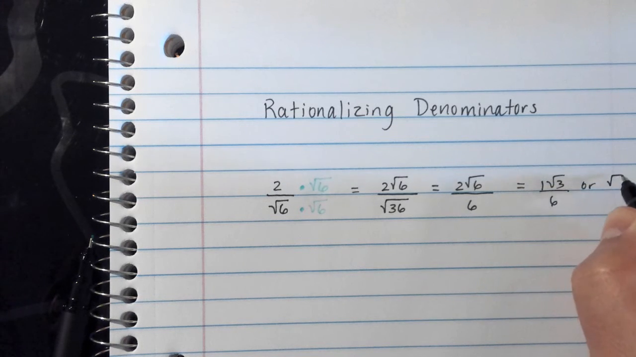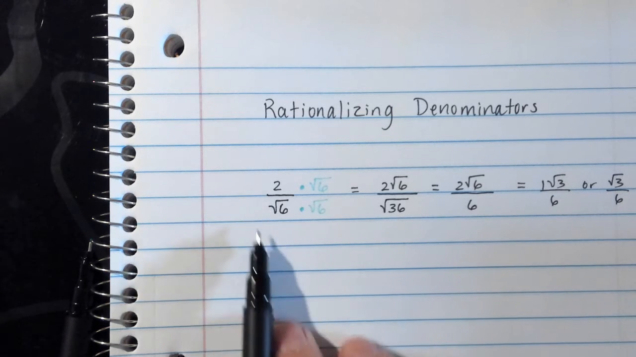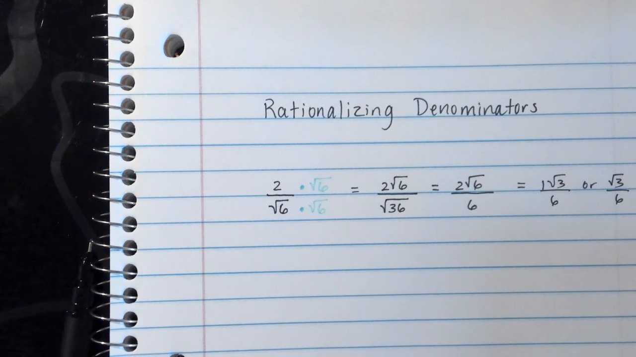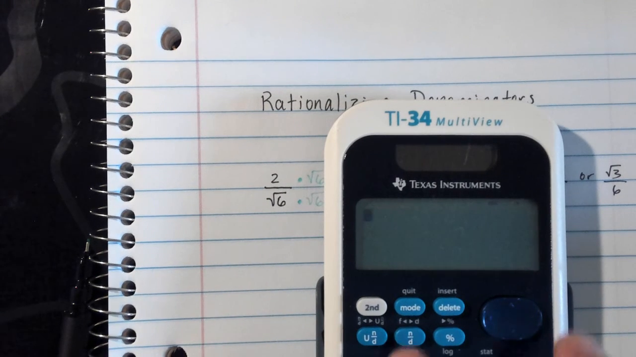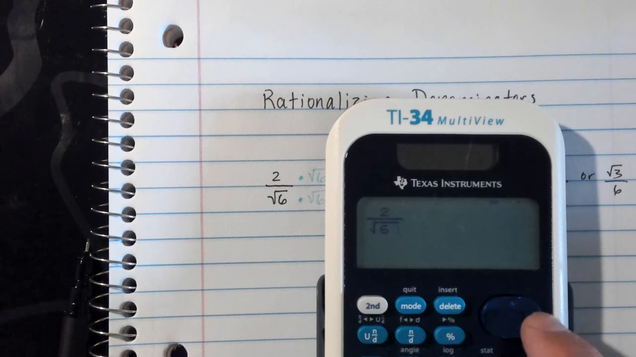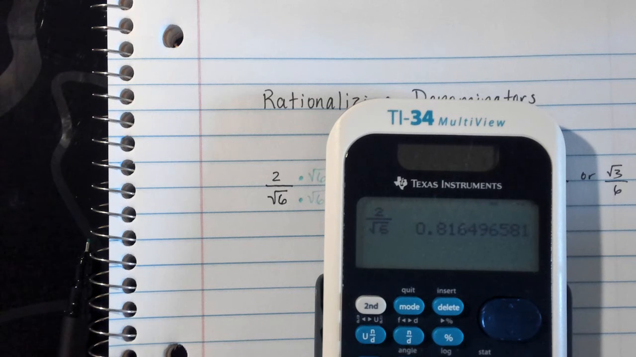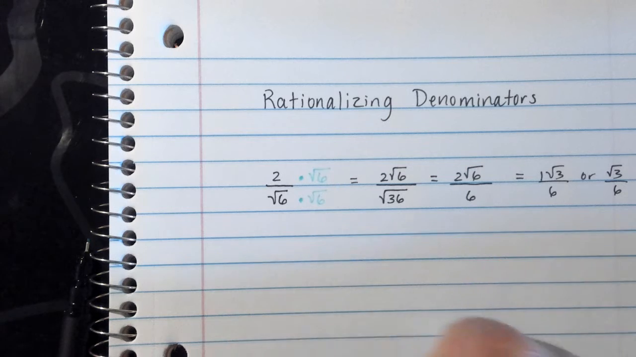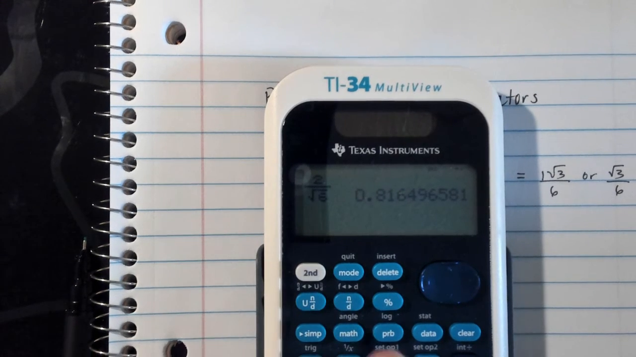Or just, voila. So that, believe it or not, is equal to that. Again, you can check on a calculator to see if you actually did it correctly. So 2 over the square root of 6 equals 0.8164 blah blah blah. And I'm saying after all this work that this is the same thing. Well, we're about to find out. Square root of 3 divided by 6 equals,